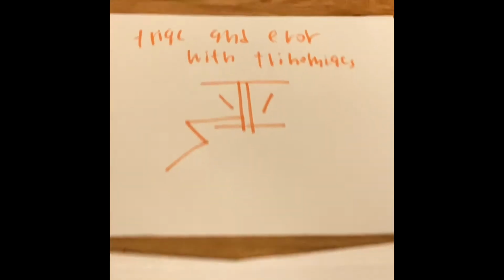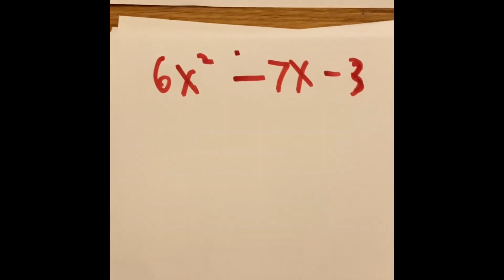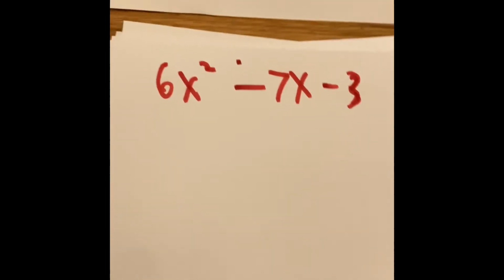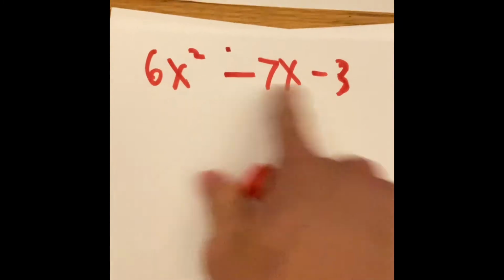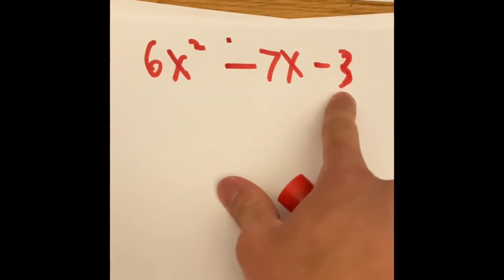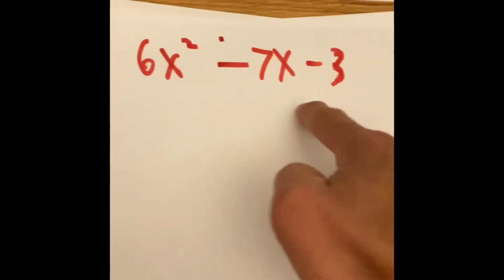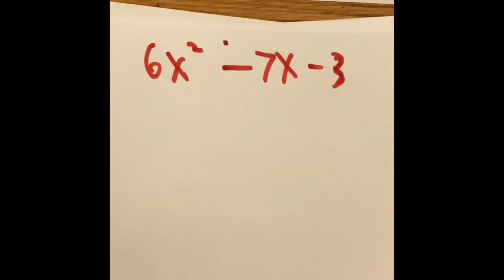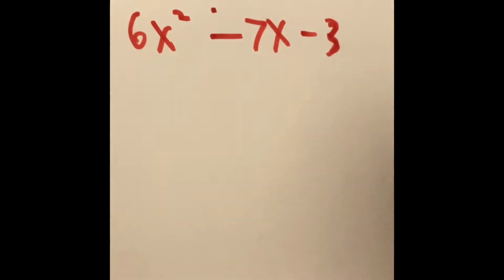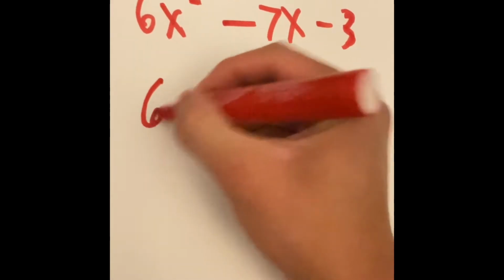So, in the last video, we have been trying to factor out trinomials with trial and error. So let's try and factor out these expressions and find out what two binomials could be multiplied to get this. In the last video, what we guessed is, since we have 6x squared,